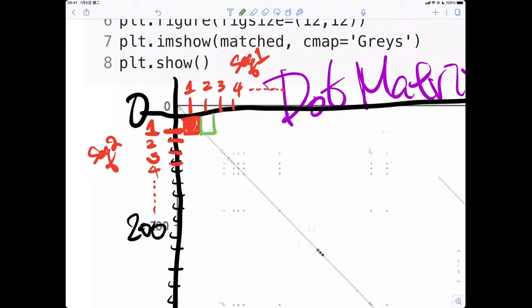The second cell is right here, right? That means the green cell means it's the second event of sequence 1. Is it exactly the same as the first event of sequence 2? If they're still the same, you draw a dot in this cell. If they are not exactly the same event, then you leave it blank. 中文再讲一遍，右边绿色这一格是指 sequence 1的第二个 event 是不是跟 sequence 2的第一个 event 是一样的？